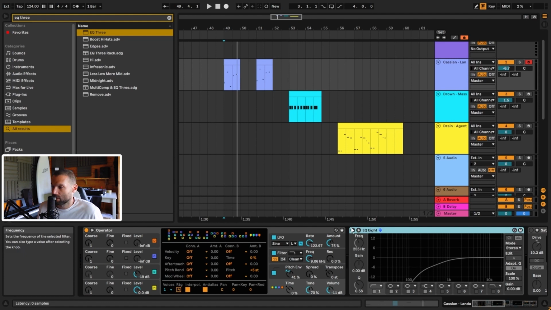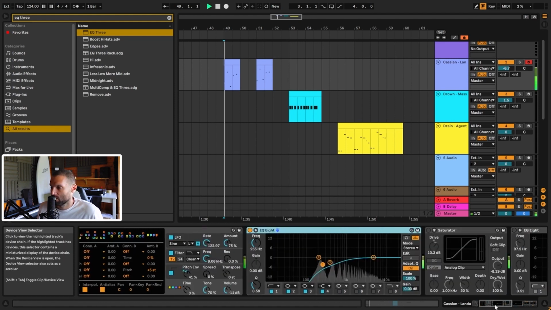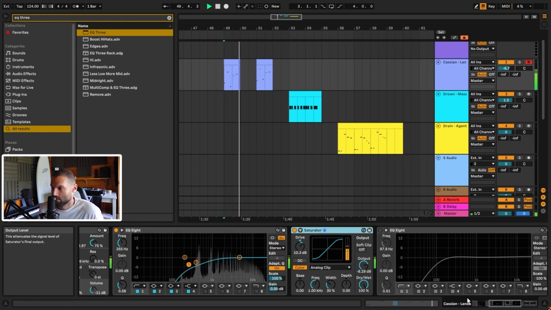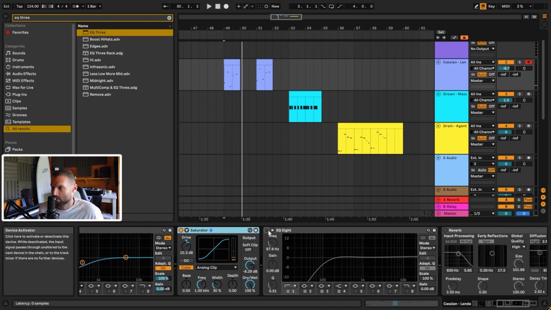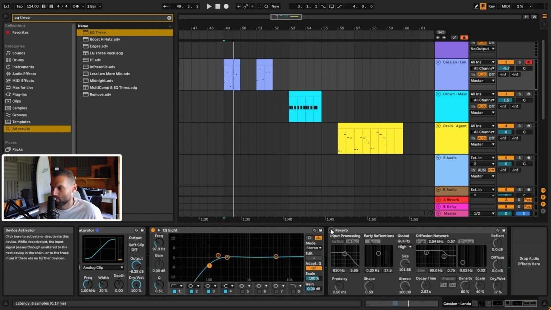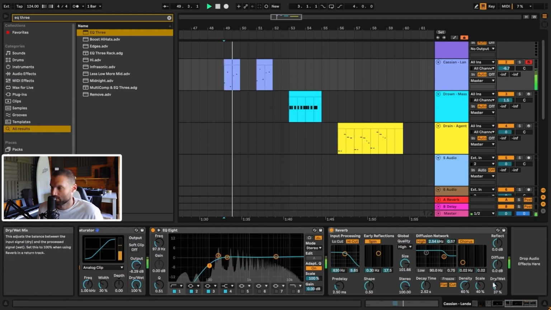So next we're going into EQ8, and that's just cutting out some low end. Then we're saturating the sound with 10 dB of drive and reducing the output by -8. And that will add some low end back in, so you can see that here. So we just need to take out that rumble again, and then we're adding some reverb. And that's it